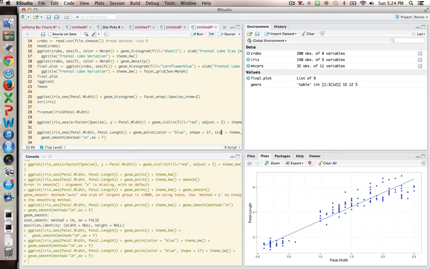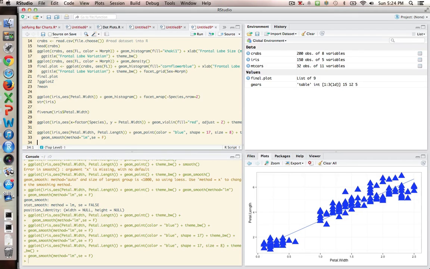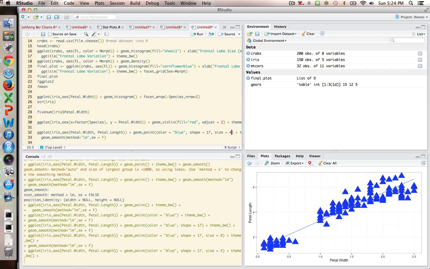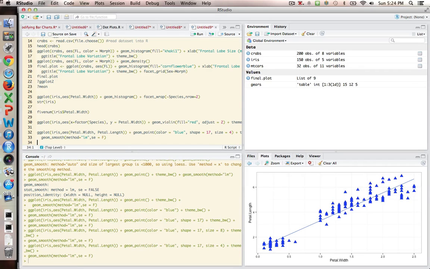I can change the size if I want to make them a little bit bigger, and you can just experiment with these numbers. But now my points are really big, so I obviously don't want them that big. And that's perhaps even too large as well, because there's a lot of overlapping of points there. But sometimes having the points overlapping isn't bad, because what I can do is,